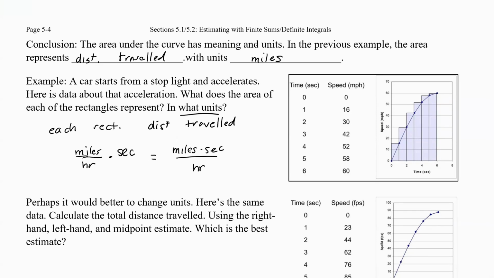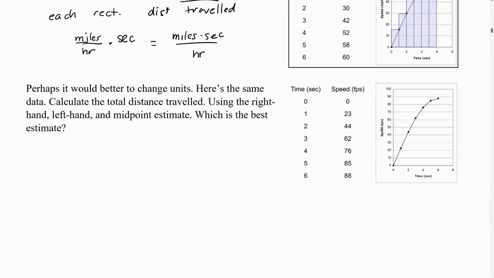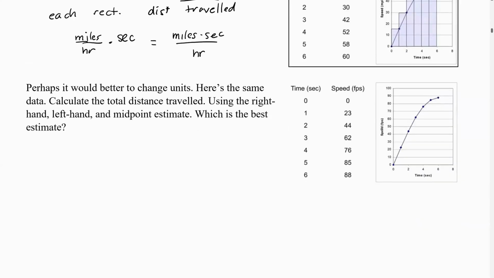So let's look at the same data, but let's change something. Let's change our speed, not in miles per hour, but rather in feet per second. Because then, if I take feet per second and multiply it by seconds, I get the answer that's in feet. So let's calculate the total distance traveled. Let's use the right-hand estimate first. In the right-hand estimate,